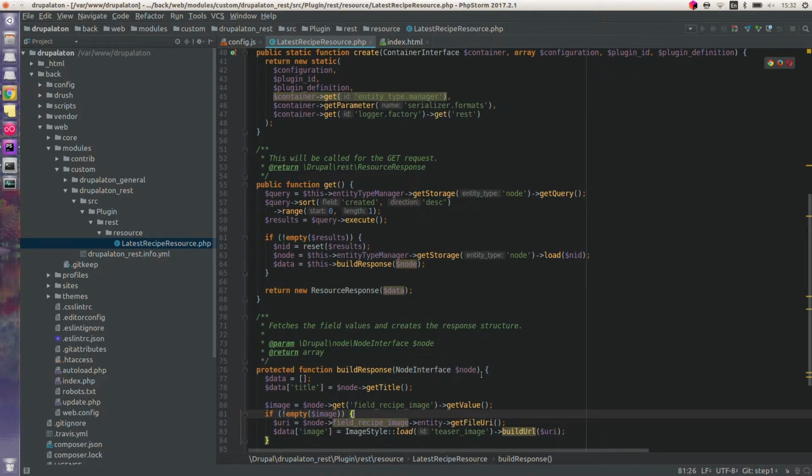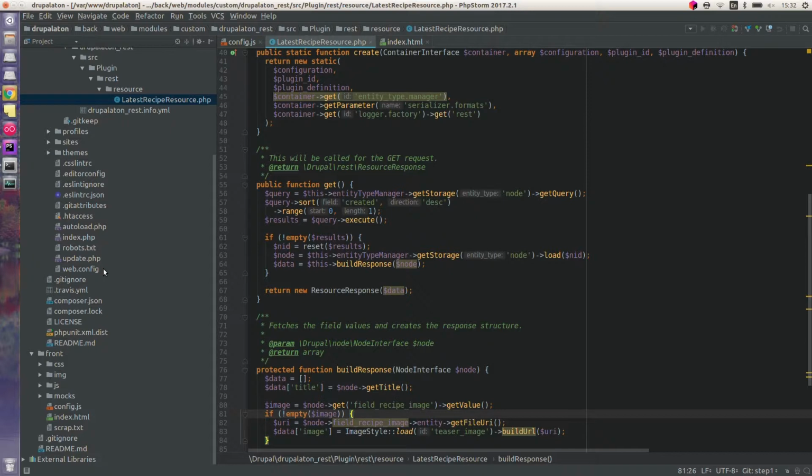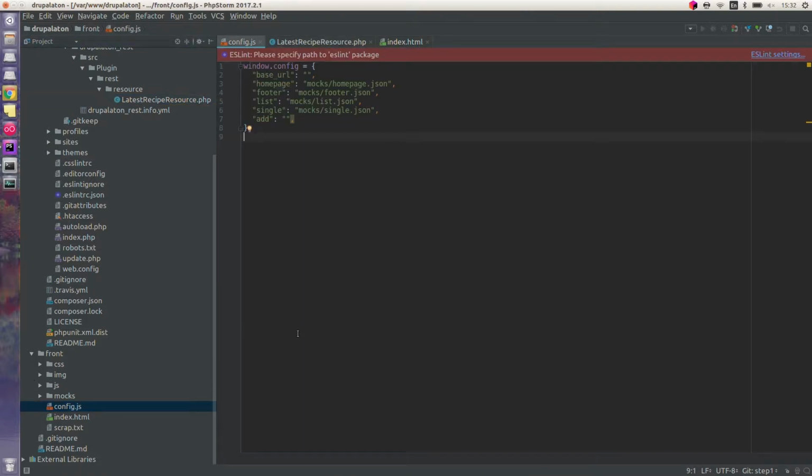Well, you might ask, what's the structure that needs to be outputted? Well, thanks to our front-end developer, we know that. Usually when you design web applications, if the front-end developer creates the application first and then sends you the code, you would have some sort of configuration file. I called it config.js. What this means is that you will have a file that will tell you, okay, these are all the endpoints that I need. This is the list. I need you to go through each of them and make sure that your endpoint returns this structure for my